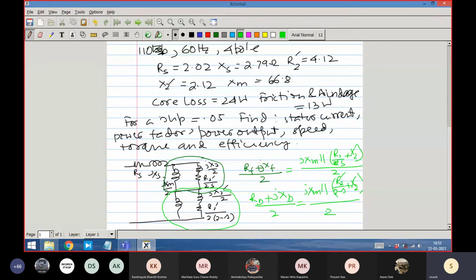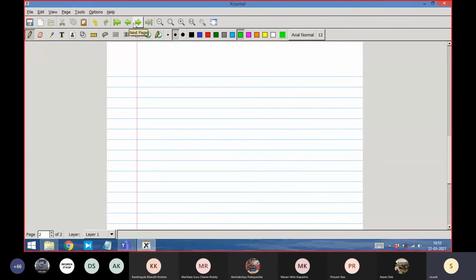So this is the equivalent forward and backward magnetic field, and in this case, if you calculate, these numbers for slip S equal to 0.05 are RF plus jXF equal to 31.9 plus j40.3, and RB plus jXB is equal to